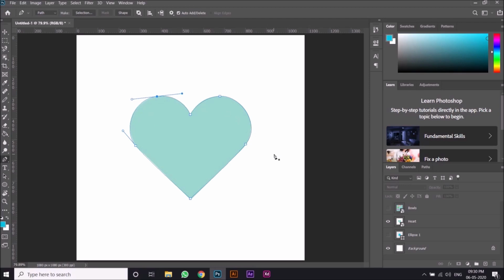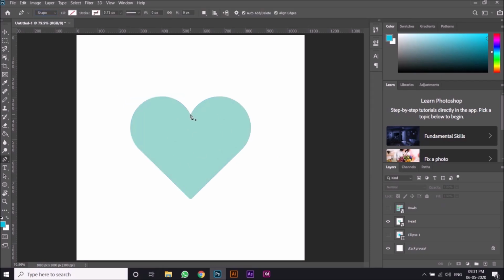Here you go. Before, you could see that I made points wherever I thought there would be anchor points which have to be placed. And then I made use of control, that is the path selection tool, and the alt, that is the anchor point tool, and converted each of the points to a curve or a pointy edge. This is how you make paths. And suppose you want to fill this with a particular color, I'll just convert this to shape.